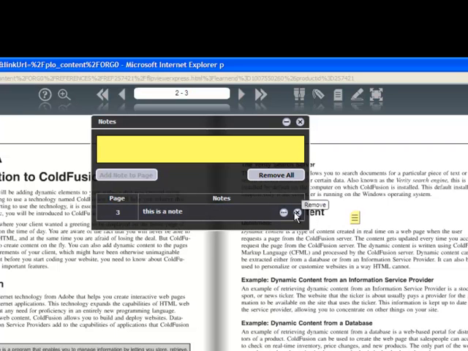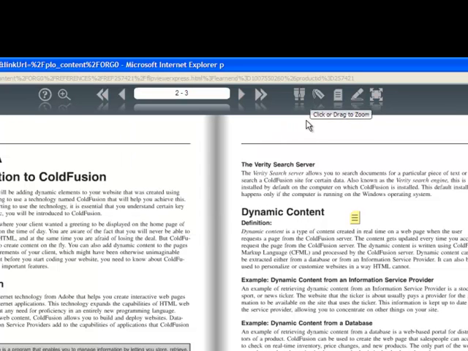I can remove all of my notes at once, or I can remove any note individually by clicking on the Remove button for that line item in the notes box. I can also edit the note as well. I'm going to close our notes box now so we can move on to the next feature of an ebook,